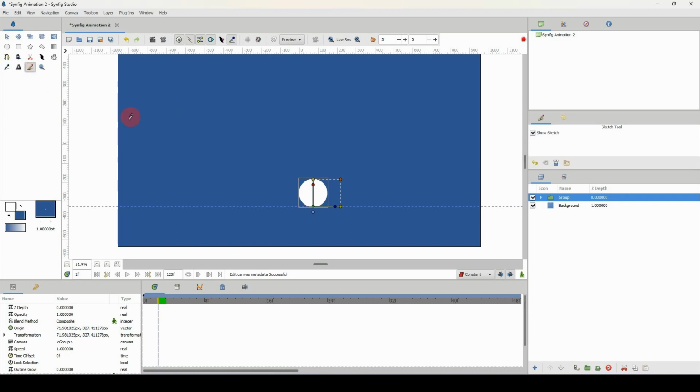Please note that Synfig's sketching tool is not the best, but we're going to use it to do what we need to do. So I'm just going to draw the ball. Let's say the ball comes into the screen like maybe there, hits the ground, bounces up, something like that, and then maybe comes down like so, bounces, then comes up and bounces again, comes up, and as it's losing momentum, its height begins to drop, so it bounces down, comes down here, maybe like so,